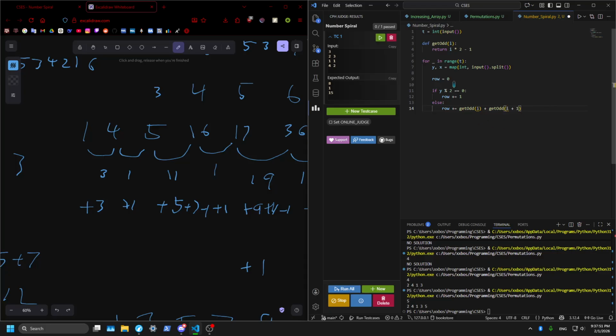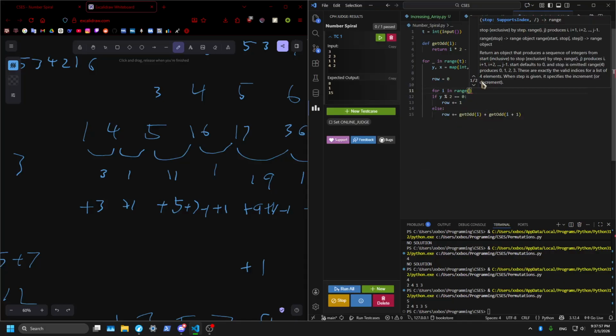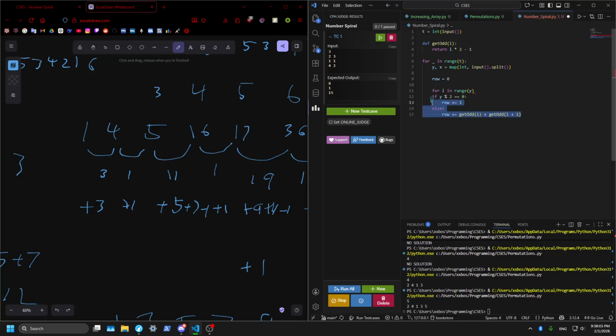Now where do we get this I? For I in range Y. If I mod 2 equals 0,